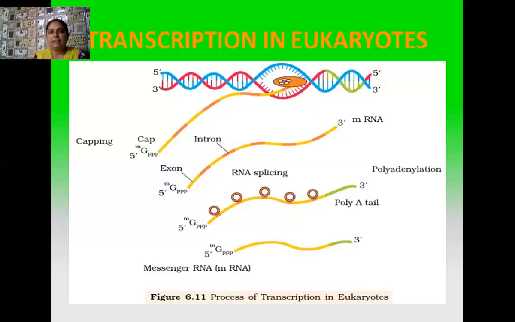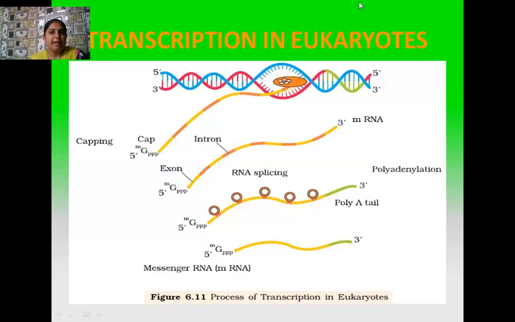It comes in contact with the ribosomes, and there it finds the ribosomal RNA. This ribosomal RNA plays a significant role in the process of translation. Here the ribosomes have 2 units, the smaller subunit and the larger subunit. The smaller subunit holds this messenger RNA, and this messenger RNA later behaves as a template for the process of translation. So this is all about the process of transcription in the case of eukaryotes.